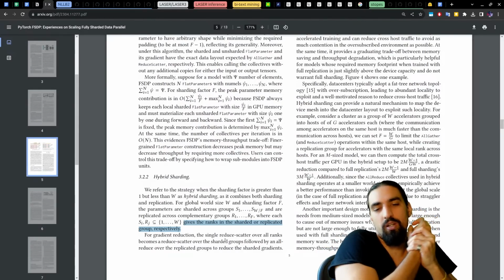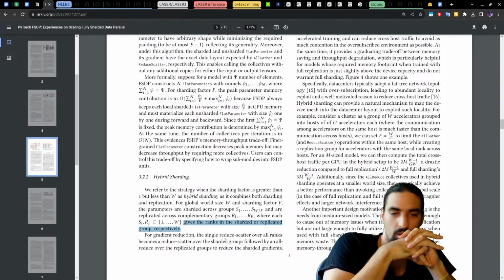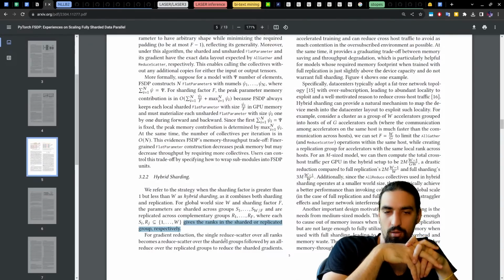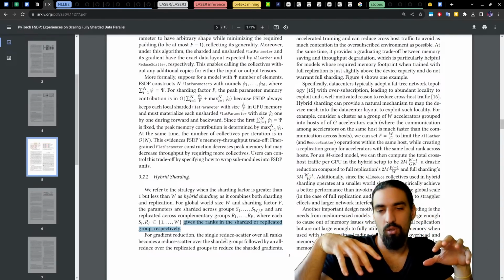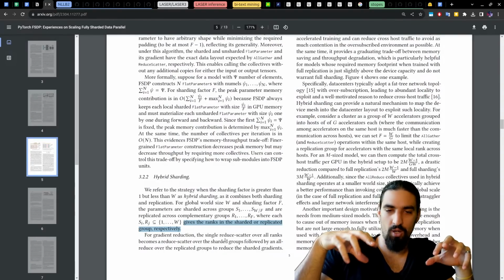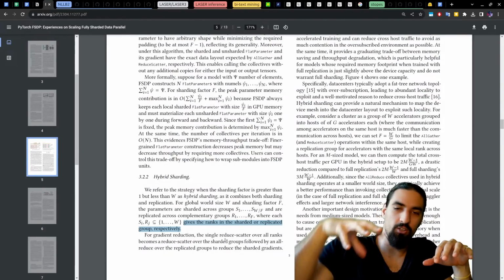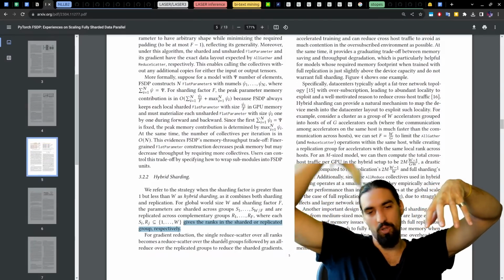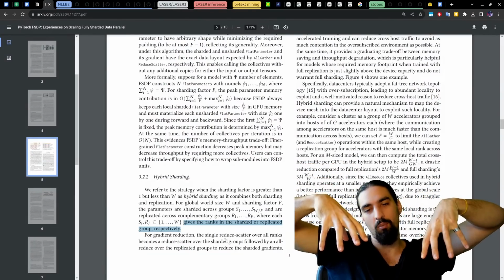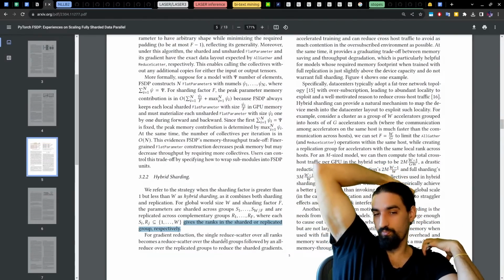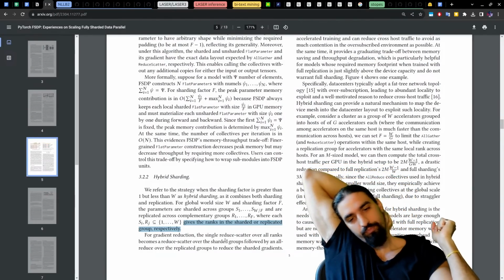Aha, okay, so rank is a bit more general notion than just a single GPU. It's basically a group, it can be a group of GPUs. So if you have two nodes with 8 GPUs each, and you have model sharding on a node and then data parallelism across the nodes, then this is rank 0, this is rank 1 when we are talking about data parallelism. But if you're talking about model parallelism, then you can have rank 0 through 7. Okay, yes.